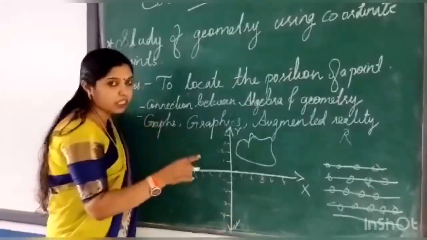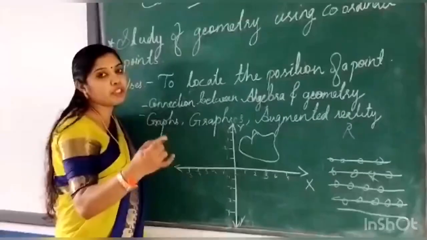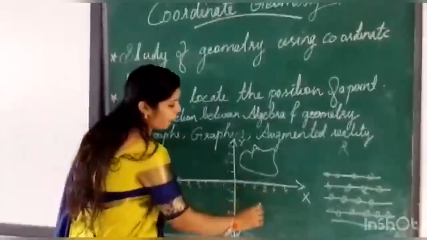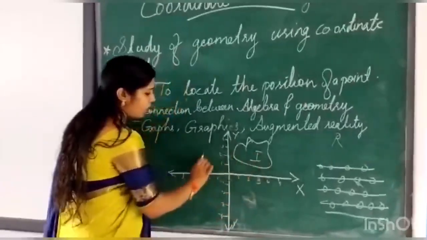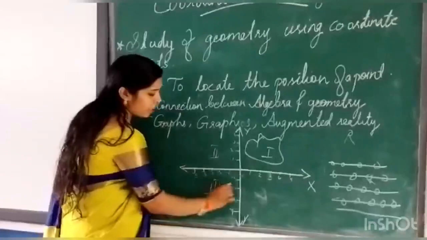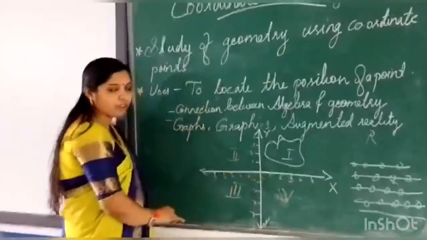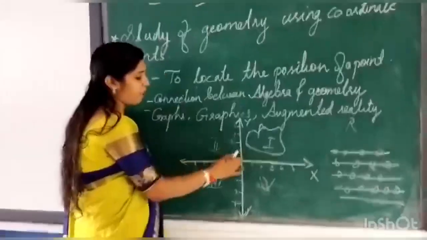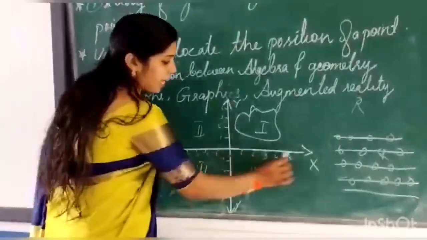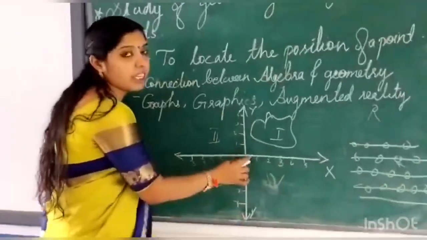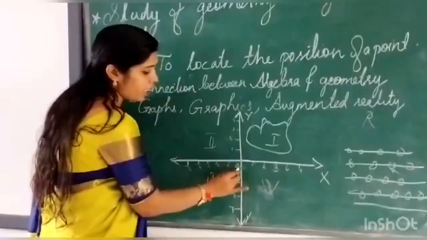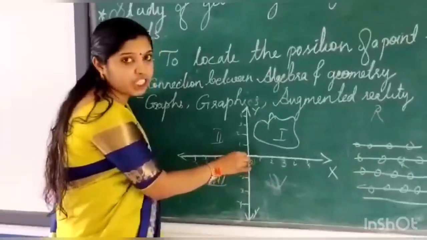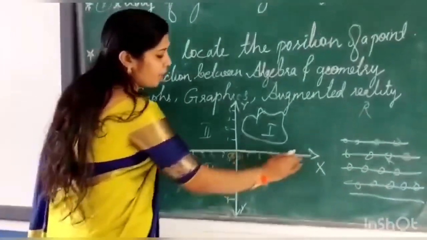Okay, so we generally draw the XY plane like this, and to make it more specific, for locating points or explaining the position of a point, we will divide this XY plane into four parts. Here the first quadrant, then the second quadrant, third quadrant and the fourth quadrant. All this we have studied. Now in the first quadrant we will be dividing it into the x-axis and the y-axis. Here this will be the origin point, that is 0, 0.